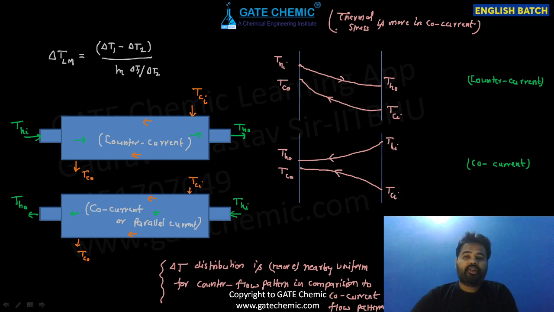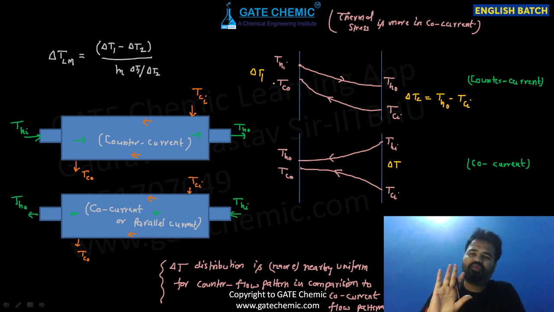Now, as I told you, these are the exit side delta T. We are seeing at the exit side. So here this is termed as delta T1. Here this is termed as delta T2. So delta T2 is TH naught minus TCI. Here this is delta T. You can say T2, T1, any side you can represent as 1 or 2. Okay beta. So suppose here I am using this as again T1 or T2. It's your choice. So suppose I am writing T1.